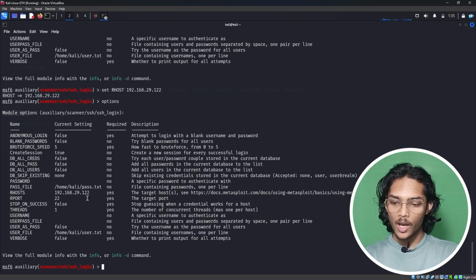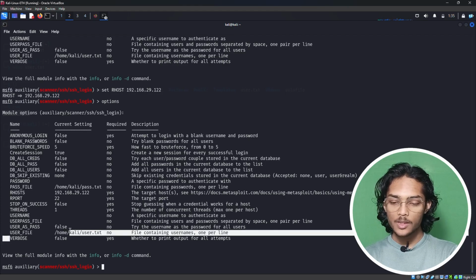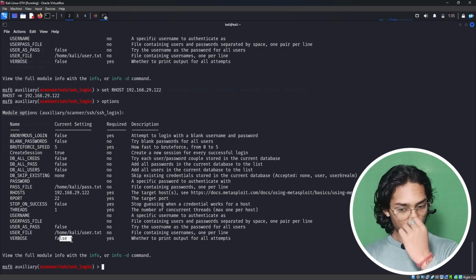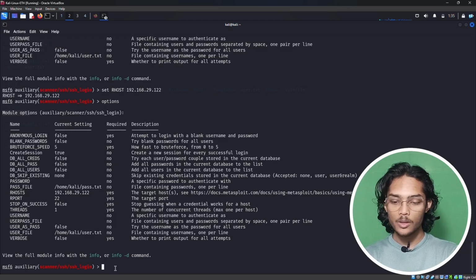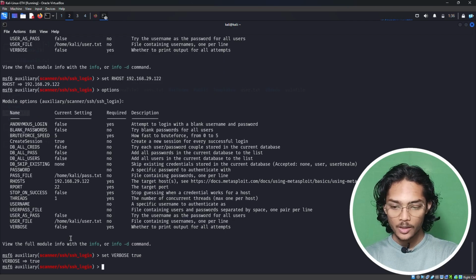Now one more thing we have to set is this verbose option to true, because if we type false, it won't give us the result of failed passwords, and if we set this option to true, it will give us all the failed passwords also. So let's just set verbose to true and hit enter, and now if we type run, as you can see,